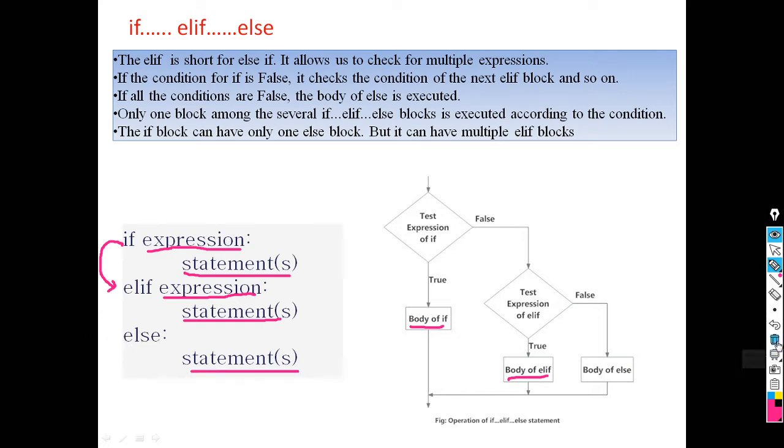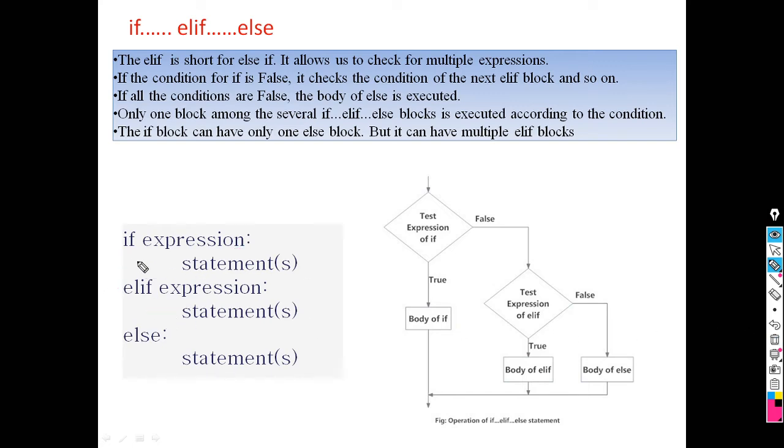So what is the meaning of this one? If this conditional expression remains true, it will execute this one. If this expression remains false, it will take control to elif. Then it will check this conditional expression. If it is true, it will execute this statement.